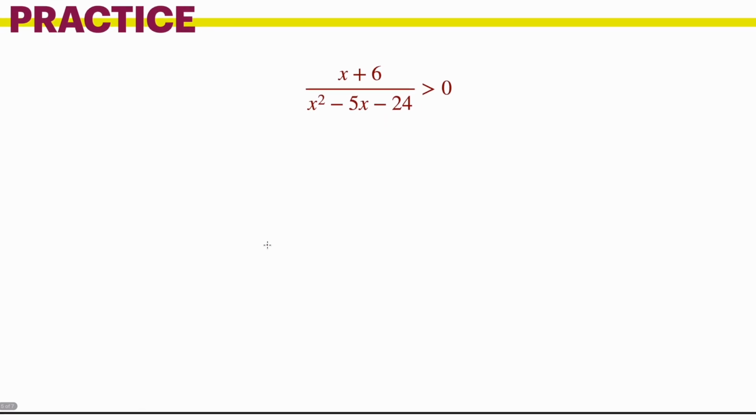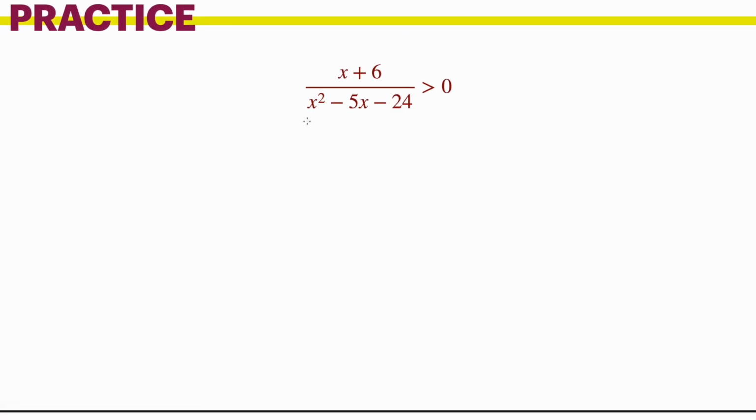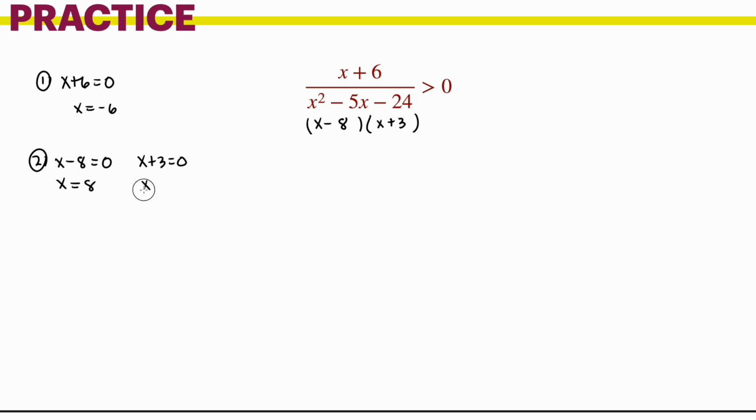In this case, what you have to do first is make this the parentheses, which is going to be negative 8 and a positive 3. And now you can do exactly what you're supposed to do. Numerator, set equal to 0. Denominator, set equal to 0. And